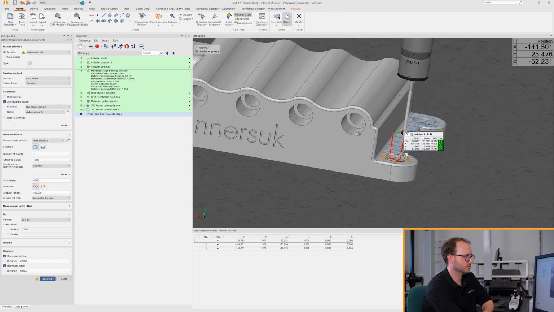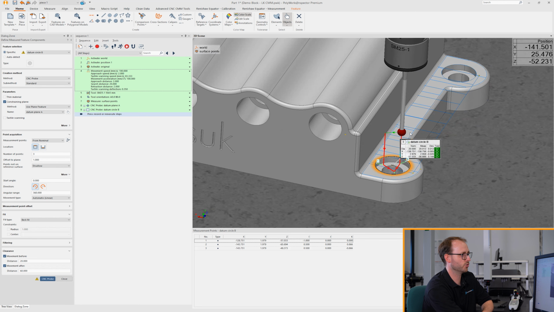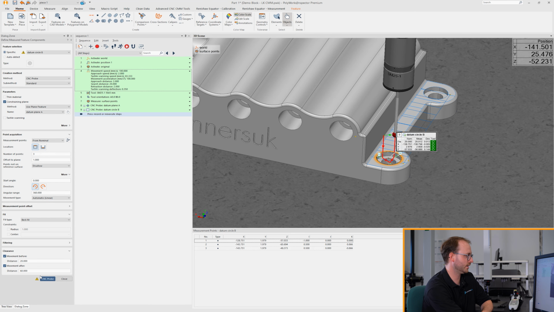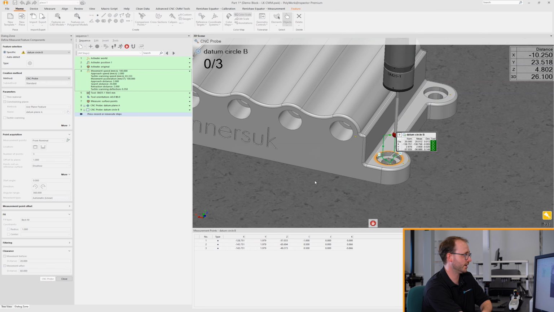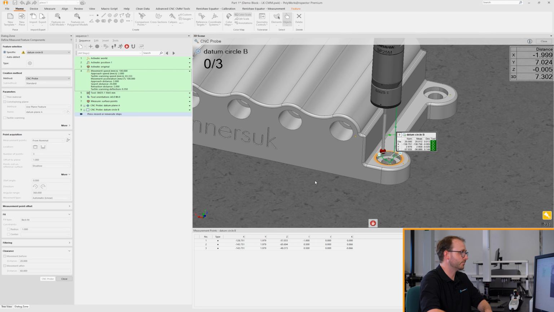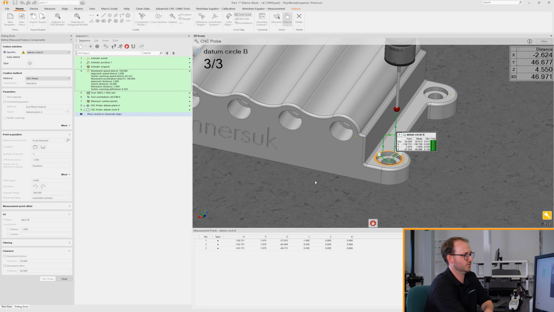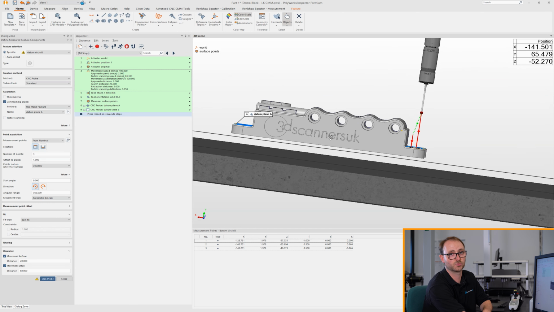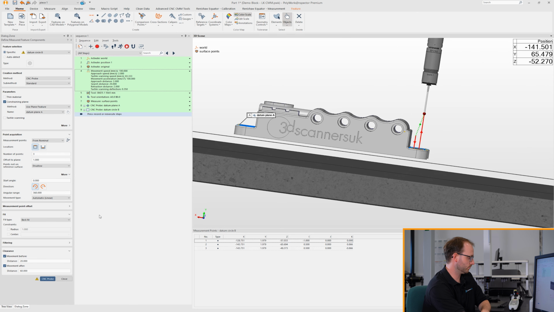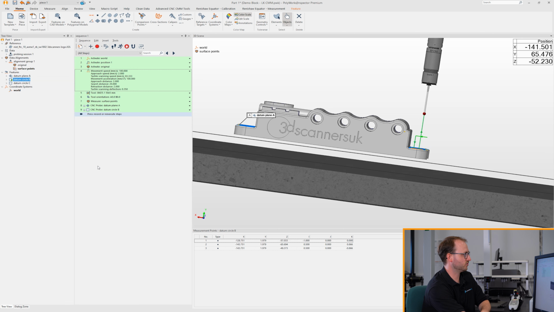And so it's just currently where the probe is. So if I hit CNC probe again, the collision section comes up just to warn us, but we know from previously that it's going to be okay. And you can see there, look, because I've moved it to 60 mil, we're now clear to head over to Datum C. So if I close that a second and jump back into our sequence and hit record,